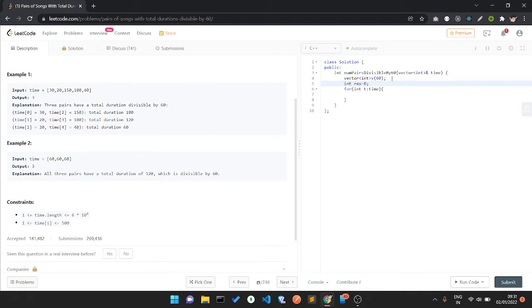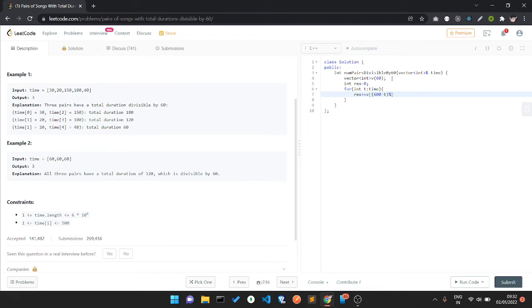Initially my result is equal to 0, because if it's not possible to make an answer, our answer will be 0. Now I'll write something: 600 is divisible by 60, so that's why I use 600, and 600 is an upper bound, so it makes sense for not giving me a wrong answer.